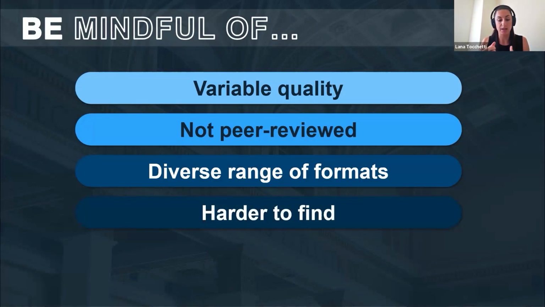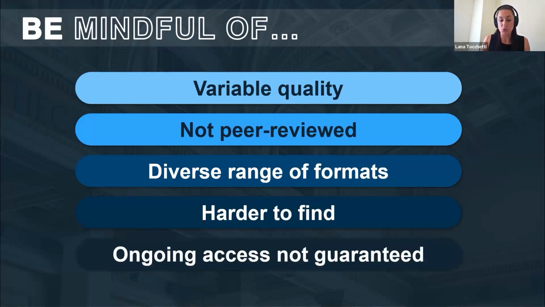Grey literature, as I said, can be harder to find. This is because it's not always classified, catalogued, indexed, or archived in the same way that we do with traditional literature. So while we can be pretty satisfied with only using library search or one of our library databases to find traditional literature, for grey literature you'll need to look outside of this, because unfortunately, it's not going to be found in that one search spot that you look in. And then finally, you also have to be cautious of this information not necessarily being available forever. So once you come across something, try and make your own copy of it.